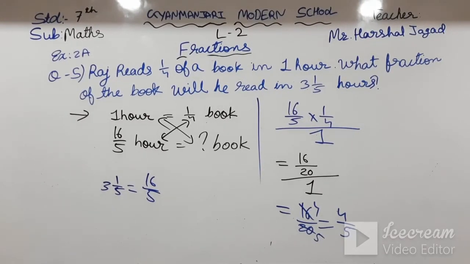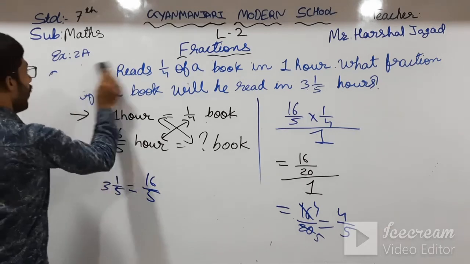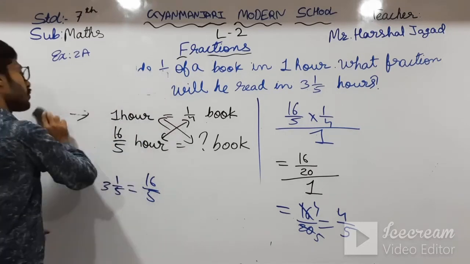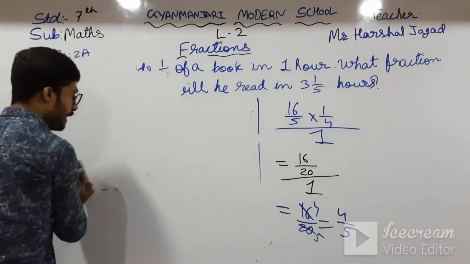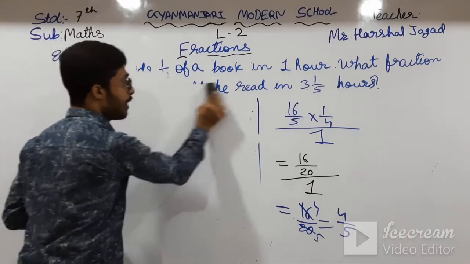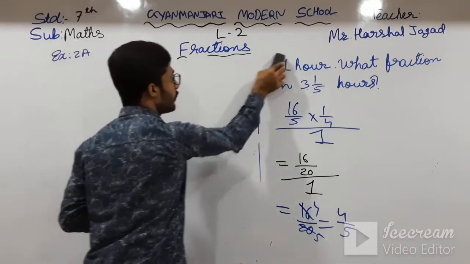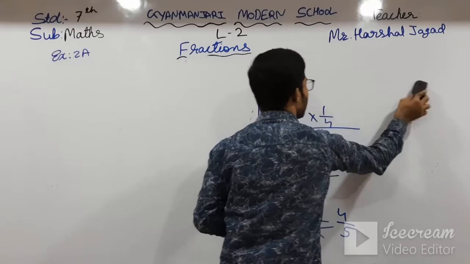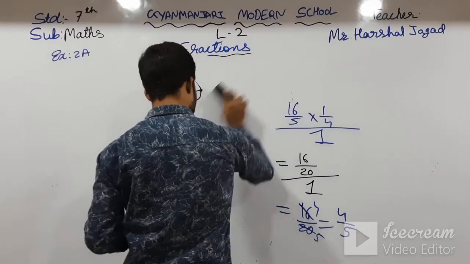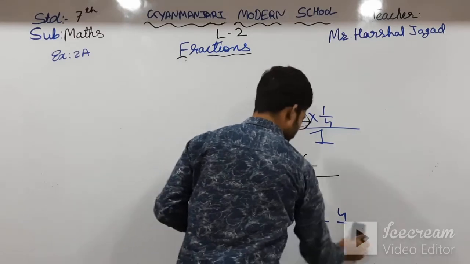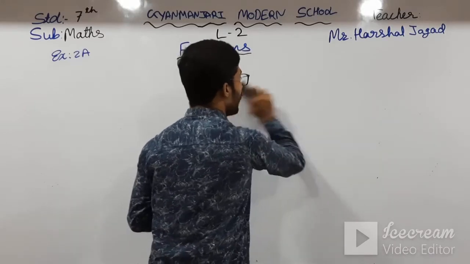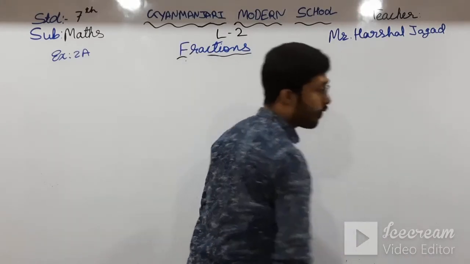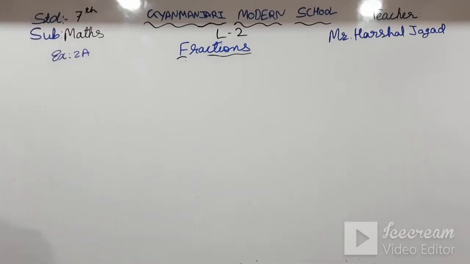Okay, students, have you written down this sum? The remaining sums you have to do in your homework of exercise 2A. If there is a doubt in any of the sums, you can message me in the group, or you can also message me personally, because sometimes the group does not open. You can only message me for doubts. You don't have to message anything extra, otherwise I will block you.